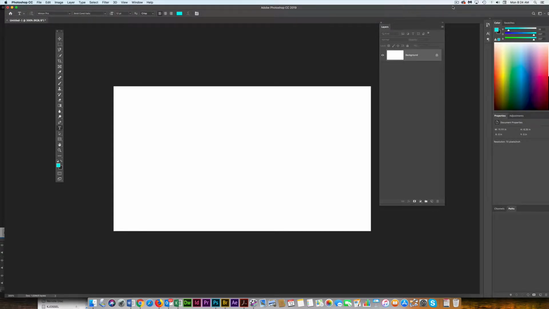Let's visit type and layer styles in this tutorial. Type does have a few changes. When you're in the type tool, you get an options bar that looks like this. It has color, it has some paragraph